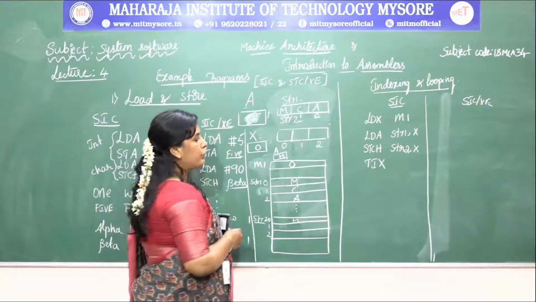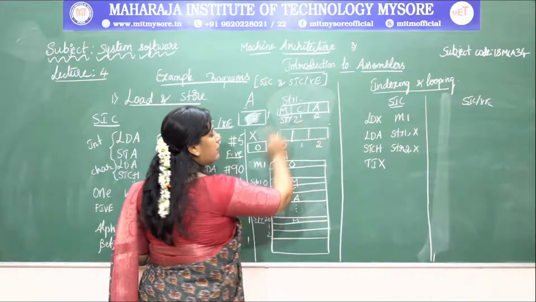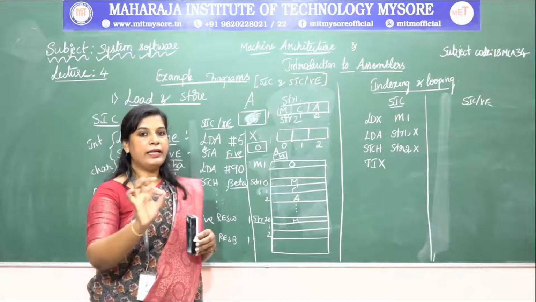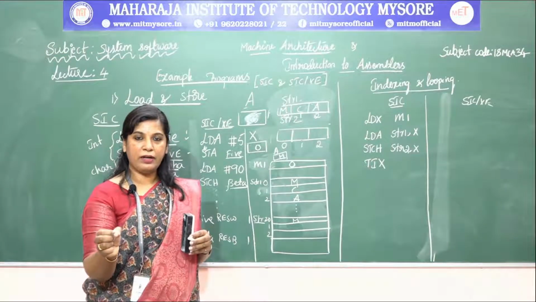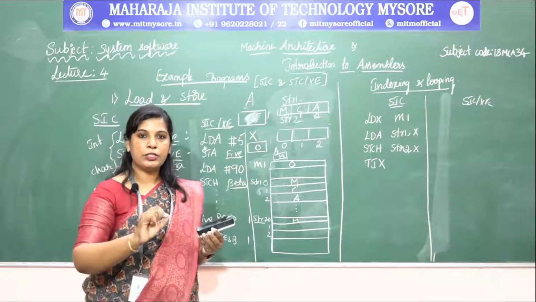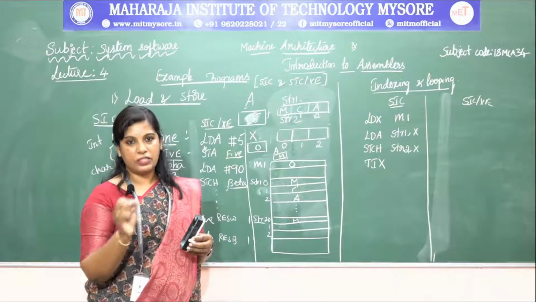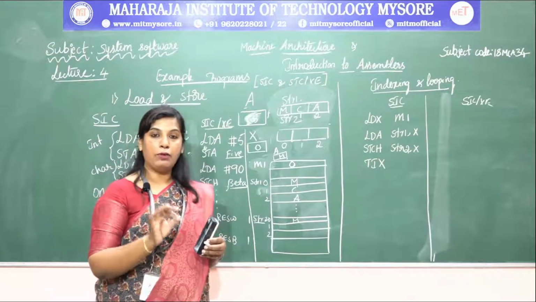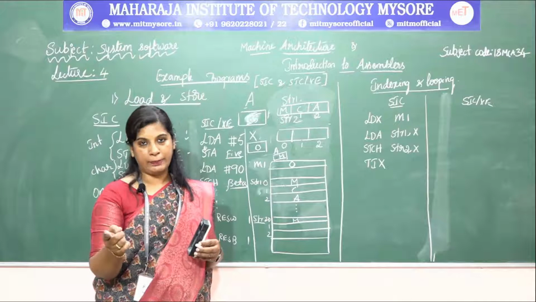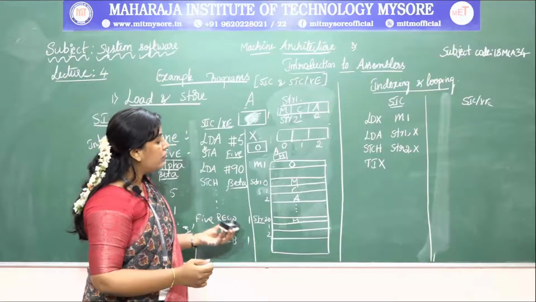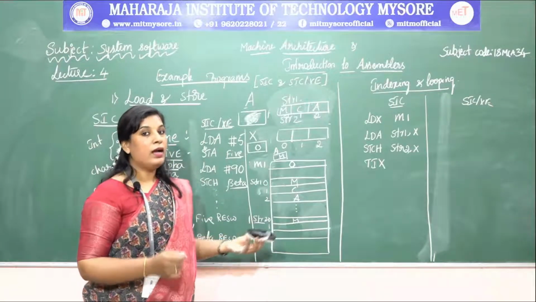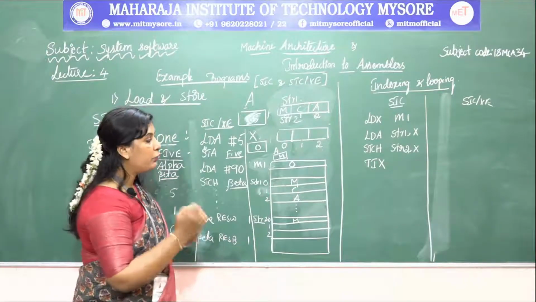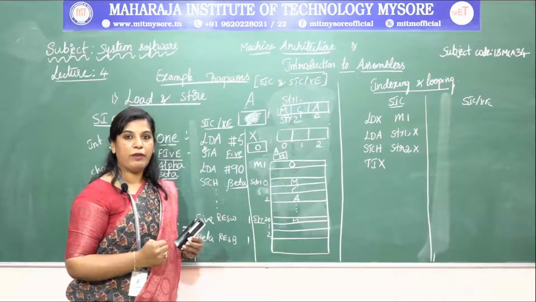What is it actually going to do? What is the maximum length of the string? It is 3. Every time the index register value is incremented by 1, I want to compare that index register value with the maximum value, that is the string length, 3. But in the SIC machine architecture, I cannot directly use an immediate value for comparing. So I want to define the value 3.